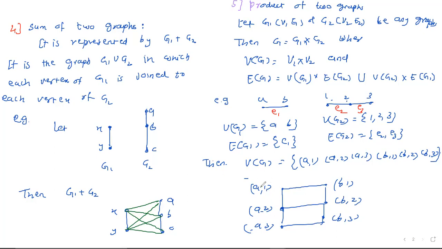Look, if A is common, suppose here we have A1 and B1, then 1 is common, so between A and B we need to see whether there is an edge or not. If there is, then show the edge. If we take these two vertices, then we have A common, then we see vertex 1 and vertex 2. So 1 and 2 are present here, so there is an edge between 1 and 2, and we show it like this. Karina, is it clear? Yes, sir. So 1, 2 is here as well, and 2, 3 is here as well.